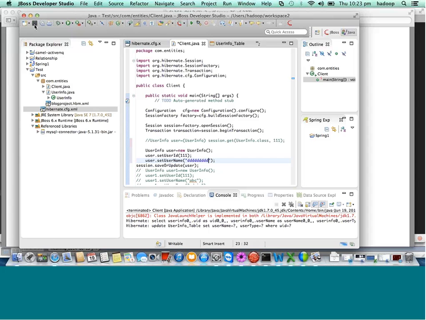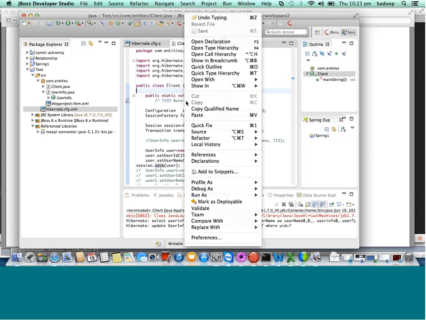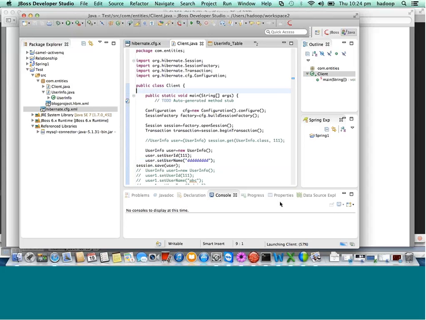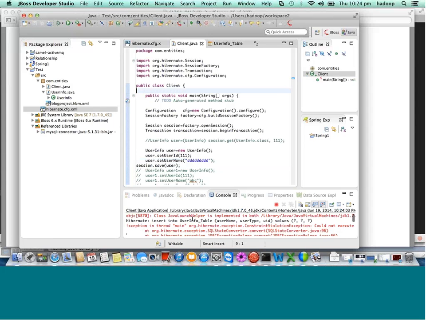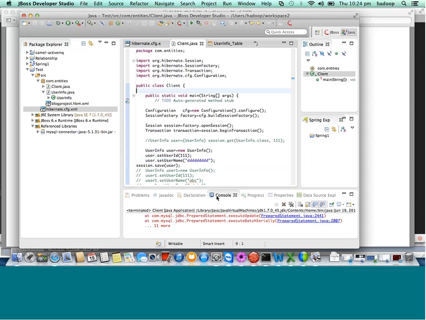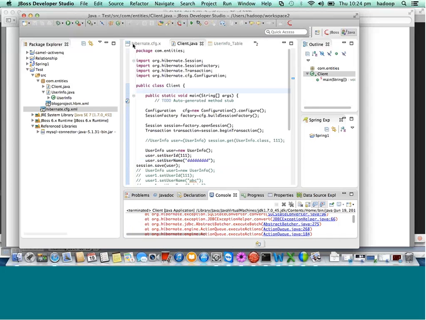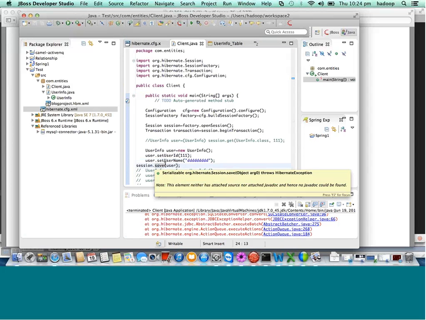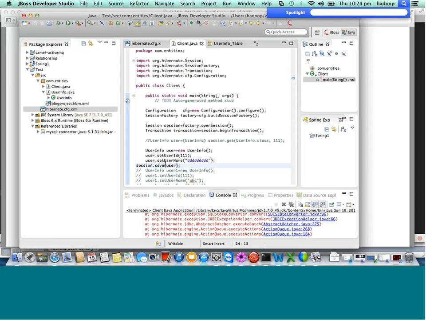Right? Now, if I make a call to save, you see what happens. This user with this ID is already present, and I'm trying to save it again. You see what happens. Run as Java application. It will tell you that you already have one record with this particular ID, and it will generate an error telling you that it is a constraint violation, duplicate entry. But if I go and change it to saveOrUpdate,